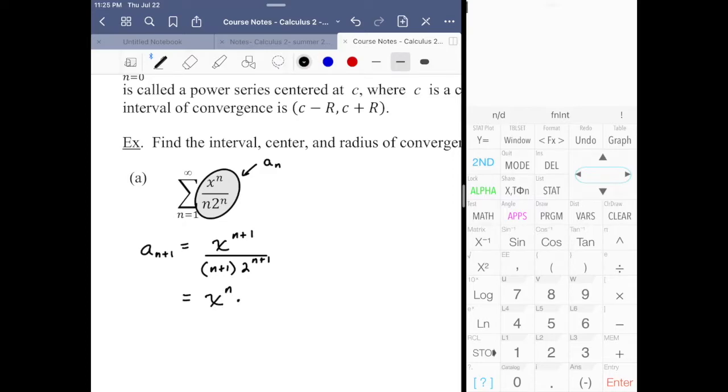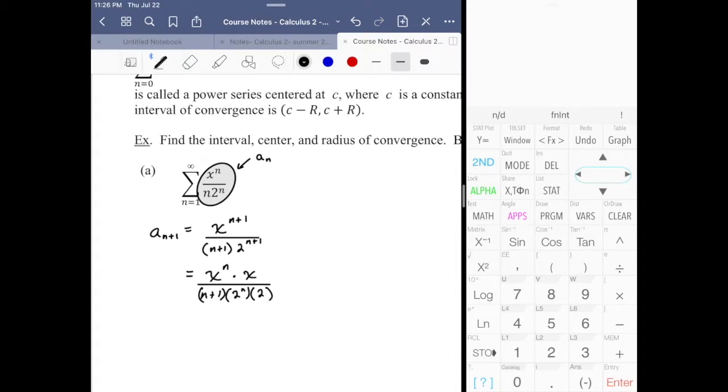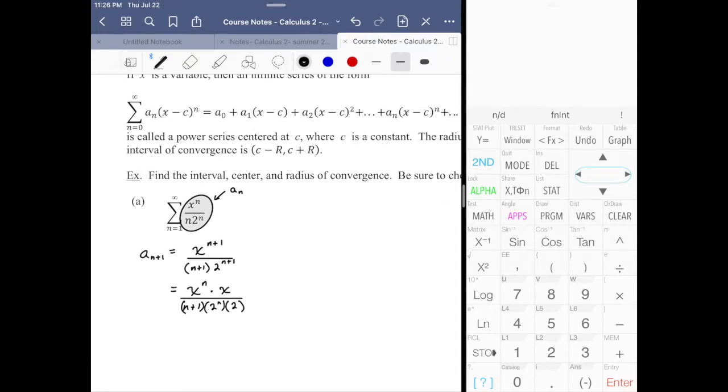Well, we've seen this a few times already. We would call this x to the nth times x on top. On the bottom, n plus 1 times 2 to the nth times 2. So we're going to find the limit